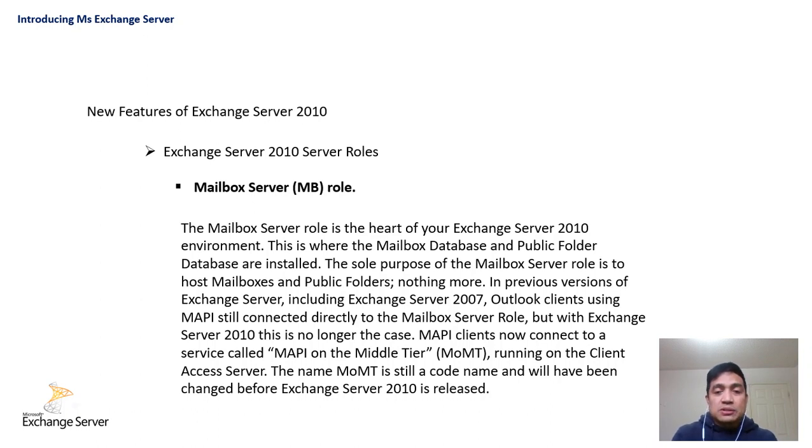So the sole purpose of the mailbox server role is to host mailbox and public folders, nothing more. It means that this server is just containing, or we can say the function or the role is to handle the mailbox database and the public folders. In previous versions of Exchange Server, including Exchange Server 2007, Outlook clients using MAPI still connected directly